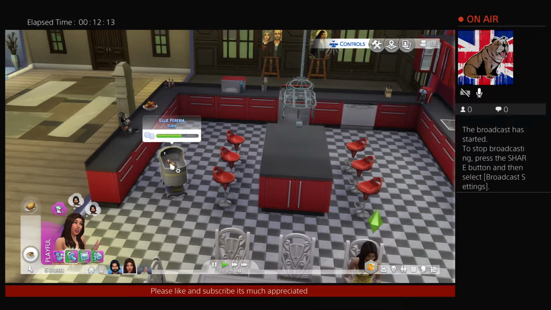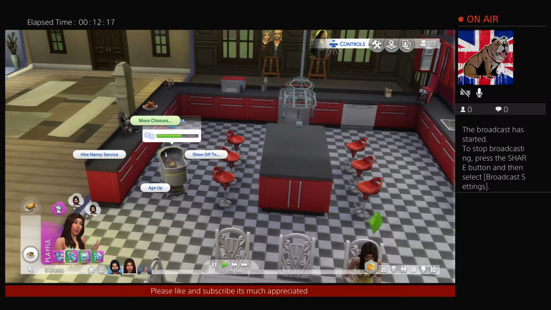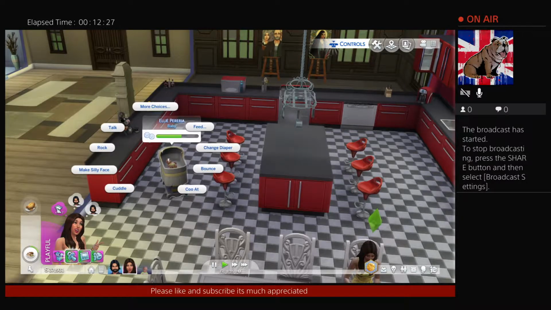Now I need to bring this baby up. I know I do, but I don't know how. Like, let me see more choices. Let's see. Hire nanny service, age up. I'm not going to age it up. I want to play the game legit. Show off to. I don't want to show off. So yeah,